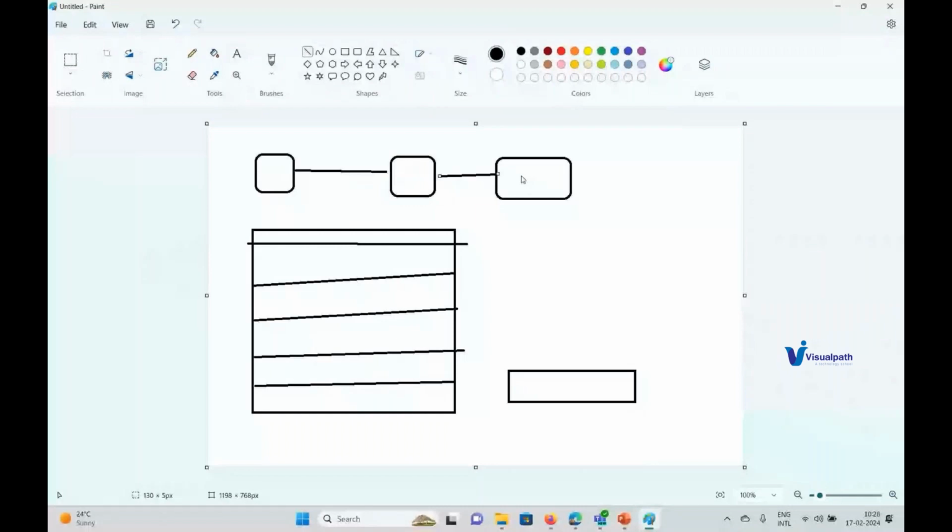This is your DB, this is your middleware, and this is your client system. For D365, they interact two-way.